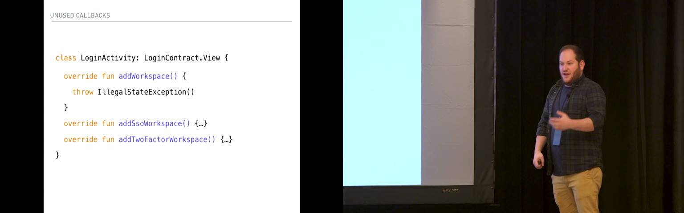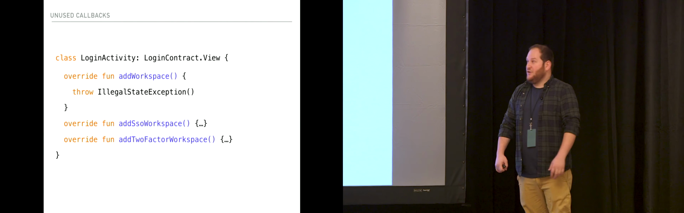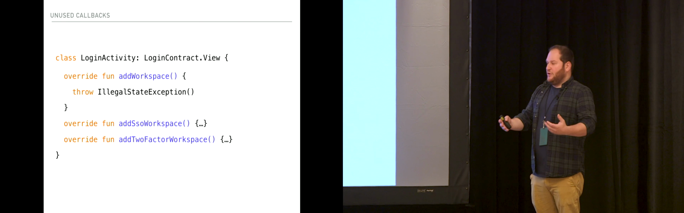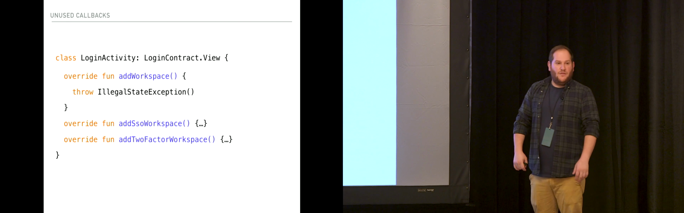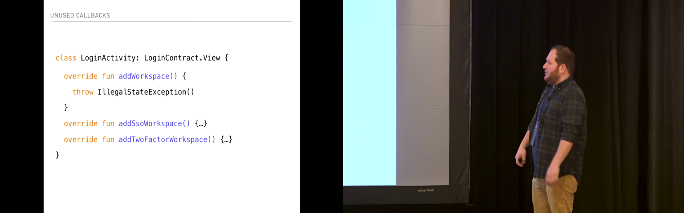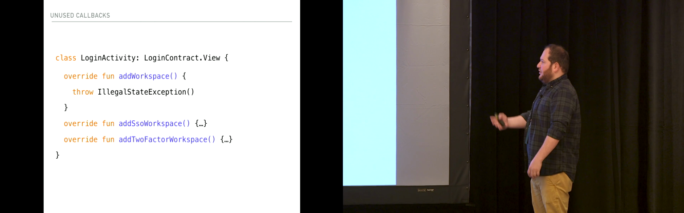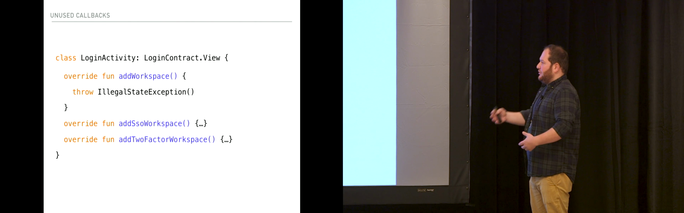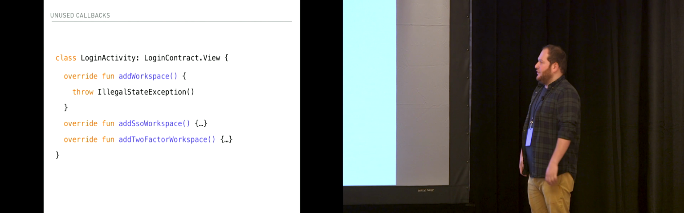Let's say a dev comes by and says, oh, I want to use this login presenter. Let me just attach it to my screen via our MVP contract, and all of a sudden you have callbacks that aren't being used, and if they don't know to throw an illegal state exception there, or don't really know what's going on, it doesn't extend well for future developers. So